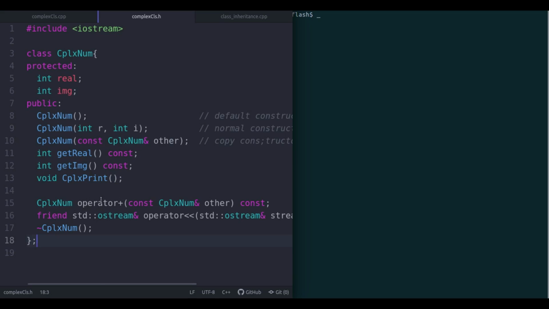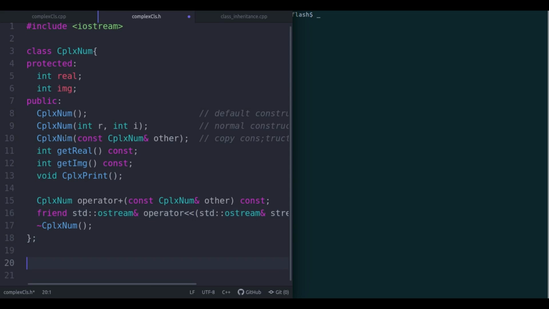We overloaded the plus operator, and we also overloaded the left shift operator for using cout to print the object of type cplxnum. But before we start creating the class that will inherit its properties from cplxnum, let's